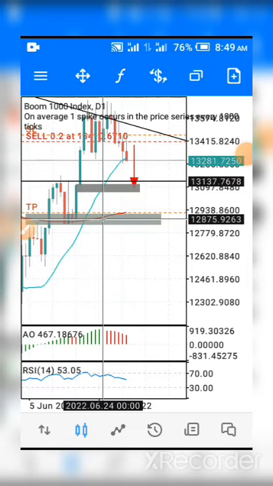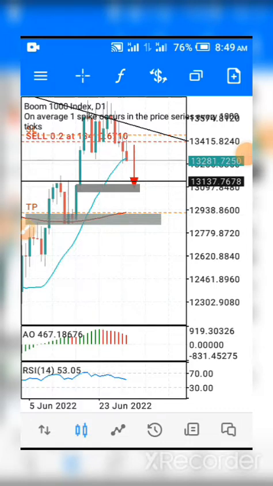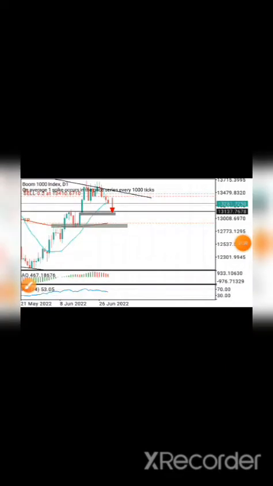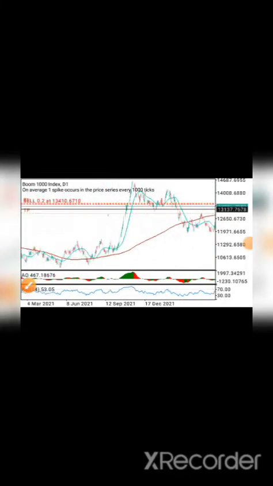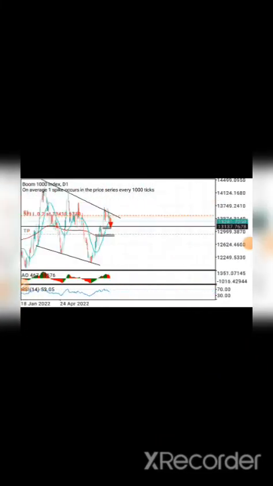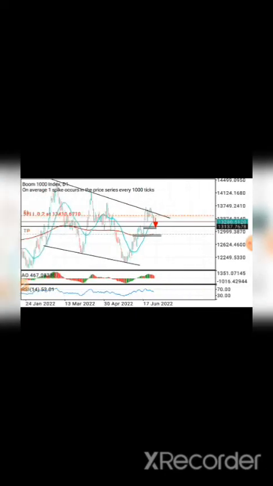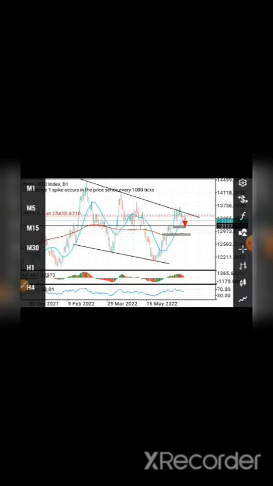Now, how did I cut this sell? It was very easy. We had an analysis from the daily time frame. We saw that we were in an uptrend, and this was like a correction. The market was making corrections here. So we saw the trend that the market was in, and we saw this